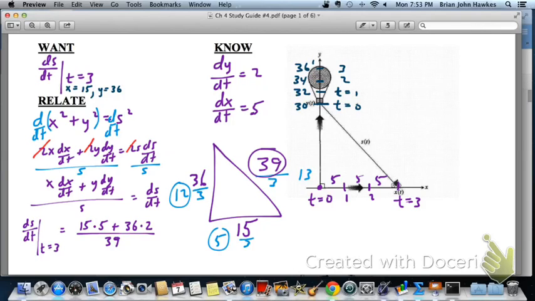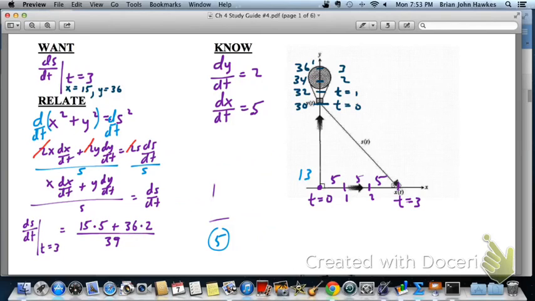Yeah, I guess we could go ahead and simplify that. I'm going to erase this stuff here. Let me get a bigger eraser. Okay, so we had to work a little bit for that s, the length of the hypotenuse of that right triangle, when x again was 15 and y was 36. So in the numerator here, we get 75. 5 times 15 is 75, plus 36 times 2 is 72. Divide that by 39, and we get 147 divided by 39, and that's about